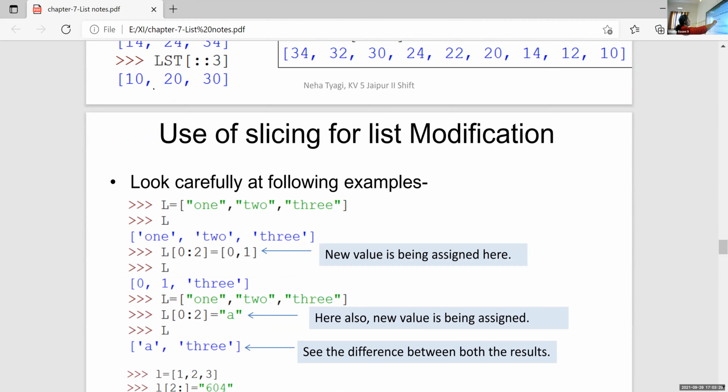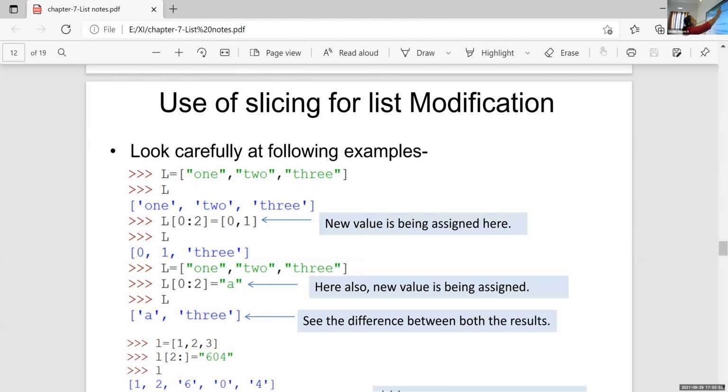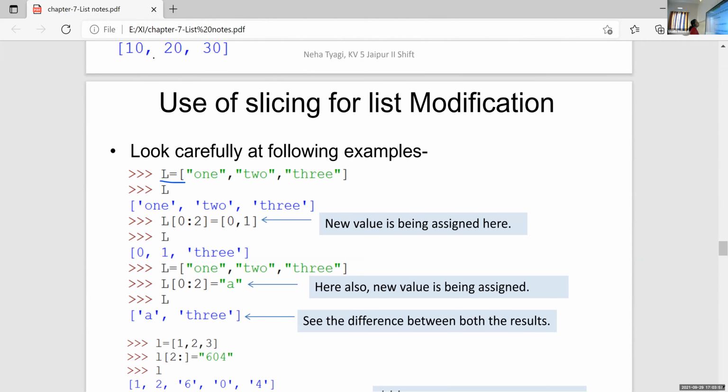So next it is use of slicing for list modification. Here we can use the slicing method for modifying a list. All of you switch on the video. Here, in this case, I'm using a list. L is the list.